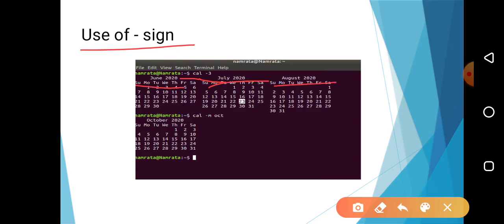July is the current month, June is the previous month and August is the next month. Now the next, you can also try the command option cal space minus m. Minus is used for option purpose and m is the option and OCT the month, that is October. So it will show you the calendar of the October month.